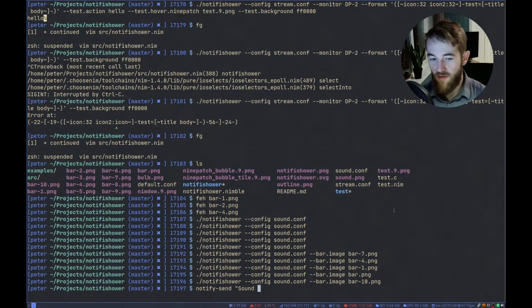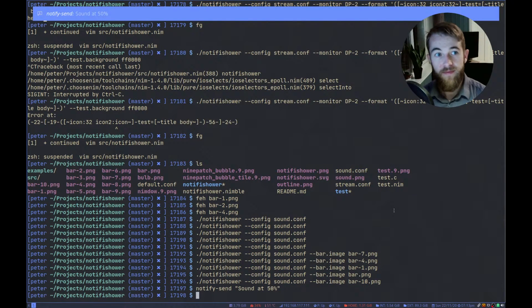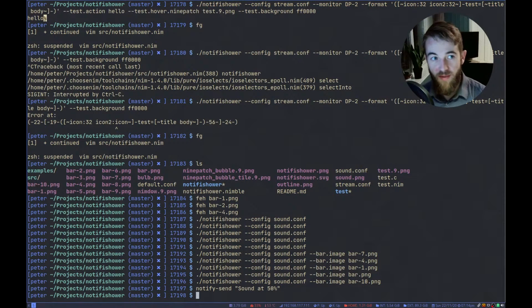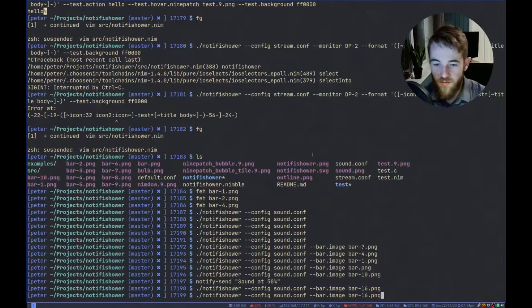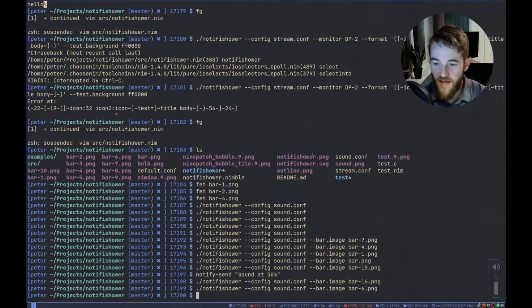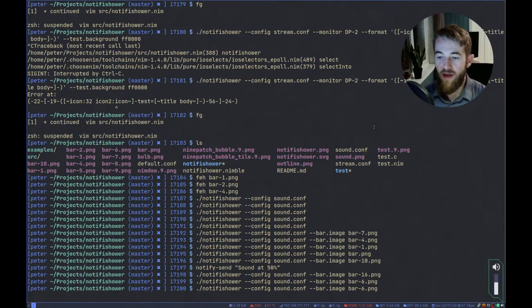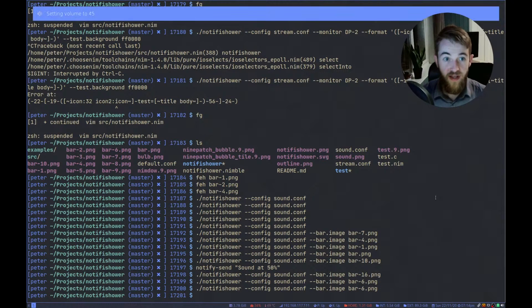So something like sound at, and then it pulls the percentage from somewhere. So it gives me something like this, obviously with a different program name and stuff like that, but that's the idea. So my plan was to replace that with this, so that it would show these instead of these.